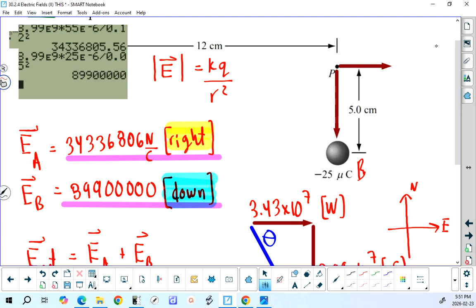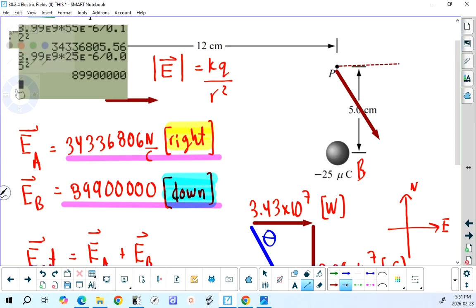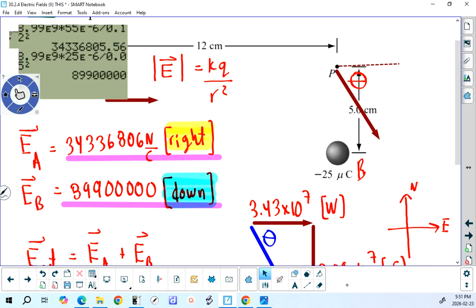The original question might tell you that this is the net electric field, and they might ask you in a numerical response, say, just to determine theta. What is the angle in that diagram? And you need to recognize that for you to answer that question, you're going to need to determine